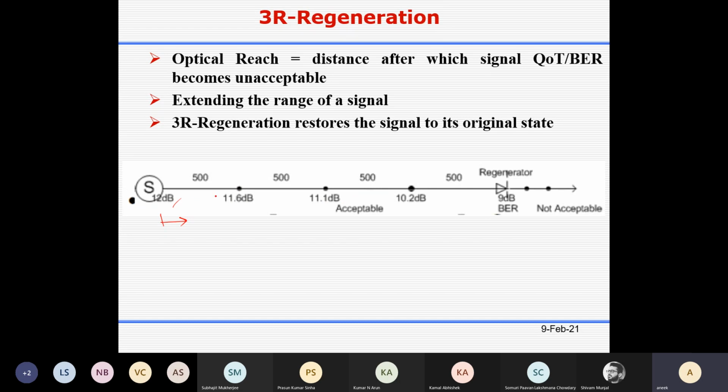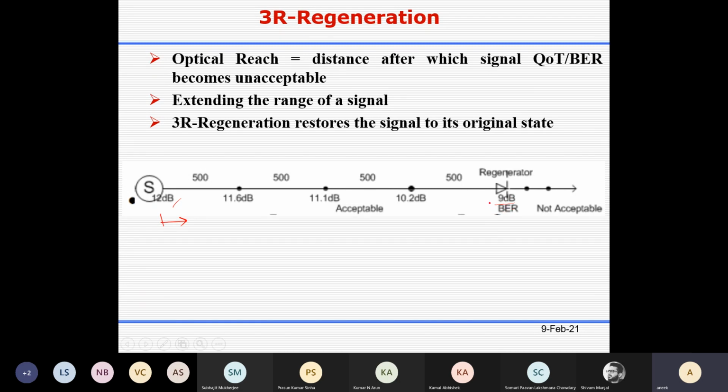So anyway, what they experience is that after some distance, maybe 2000 kilometers, your signal to noise ratio has become 9 dB. So there is a loss from 12 dB to 9 dB, a loss of 3 dB. And correspondingly, your BER will also degrade.